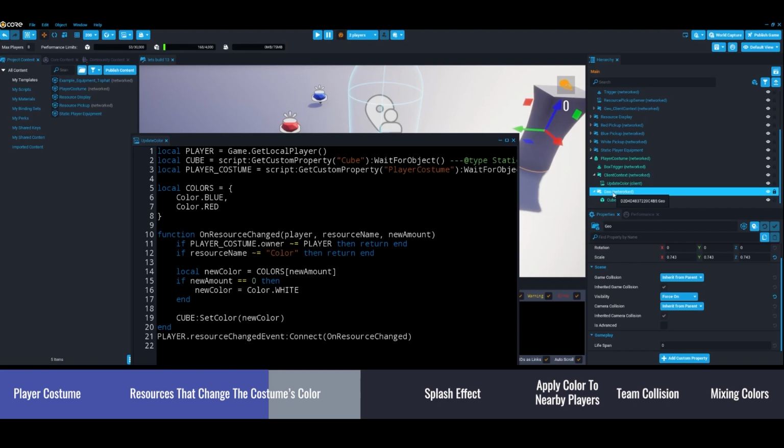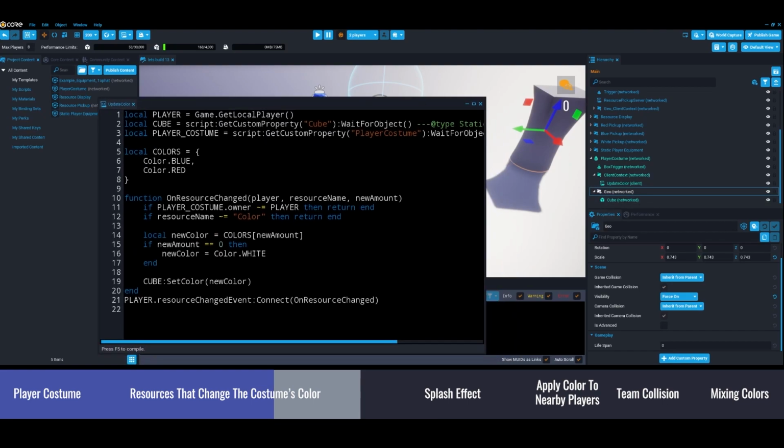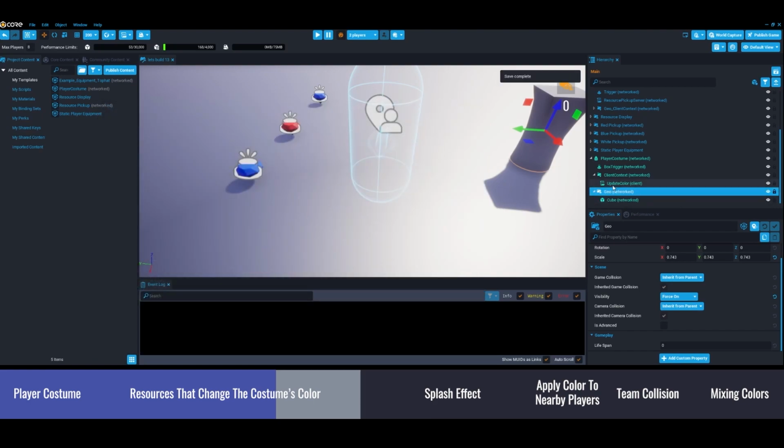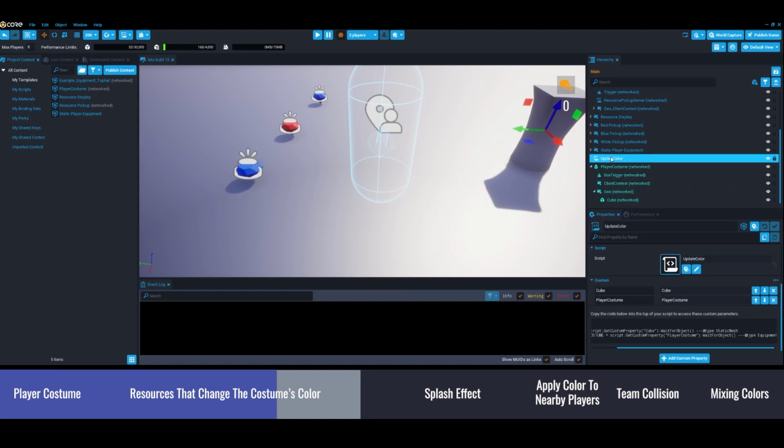And so yeah, Diversity is saying that maybe the code should be in the server and send the info to the client, maybe with a broadcast, so that if someone gets a blue resource, then everyone receives the information. But I want to avoid using the broadcast here. So I think I'm going to network the cube, and so the color will be changed from the server, so that now it's not handled from each player. Now it's the server that is looking if someone gets a specific resource, then we are going to update the color of their costume for everyone. So I'm going to move the update color outside here,